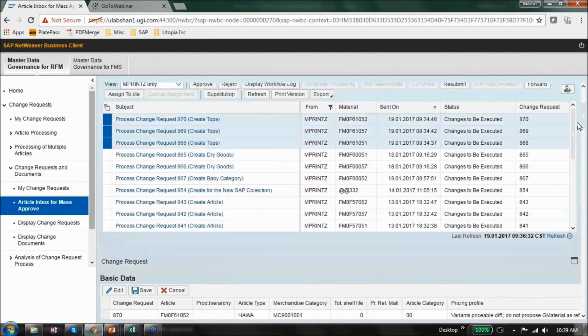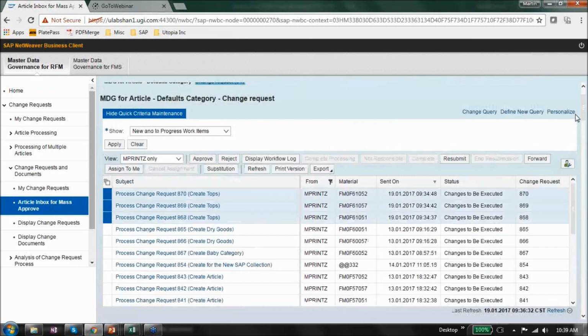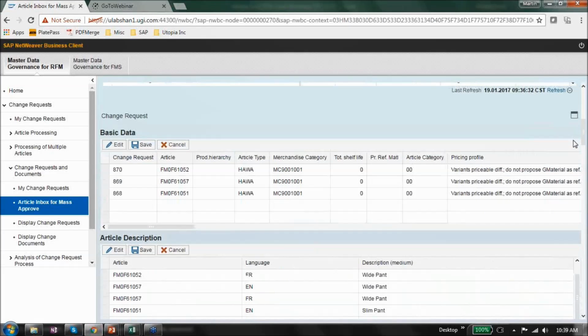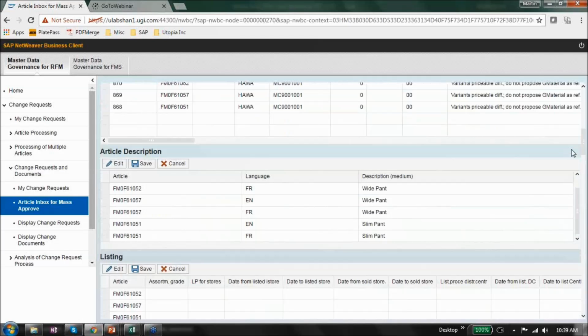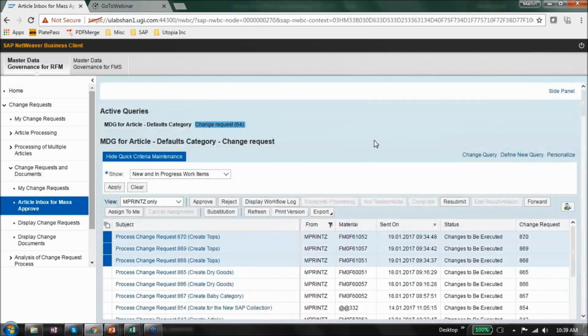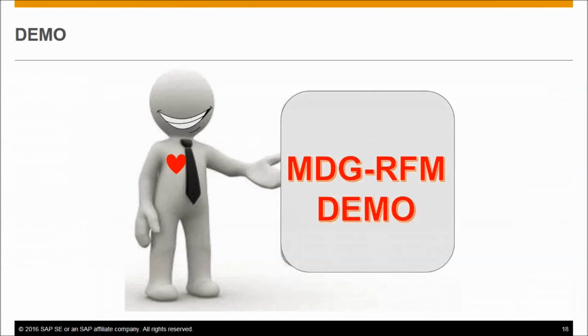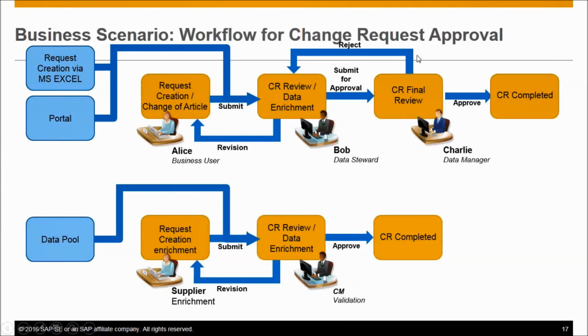So instead of going in and reviewing the data one article at a time, we've created this cockpit that allows you to process multiple articles in one step after you review them. So for those three articles, I'm going to click Approve now. And the system will then, in the background, once released, validate the processes and record the approval, and it will automatically go to the next step in the approval process.